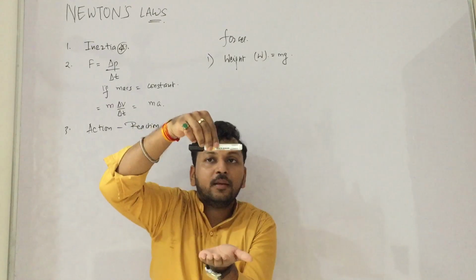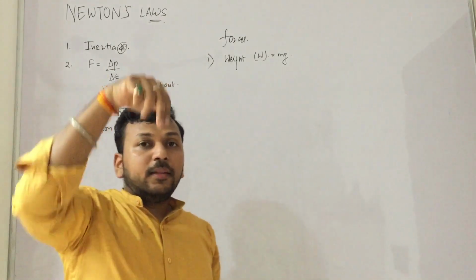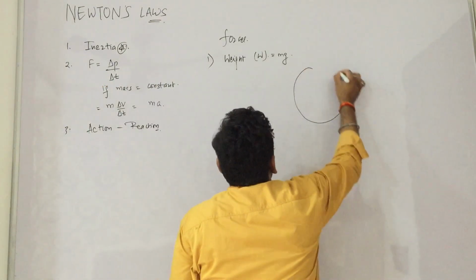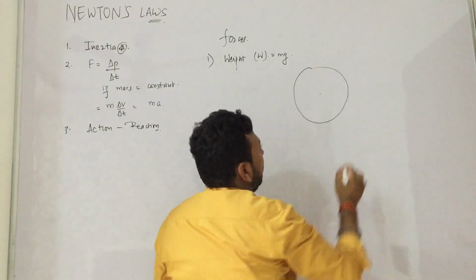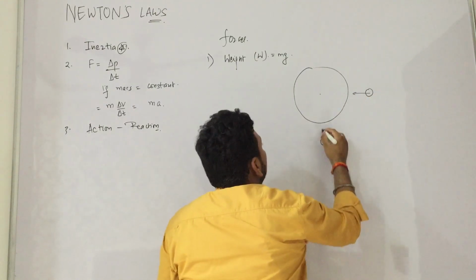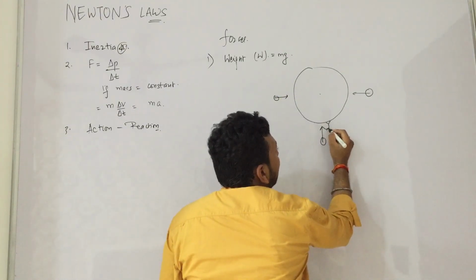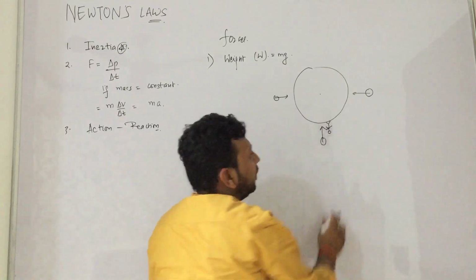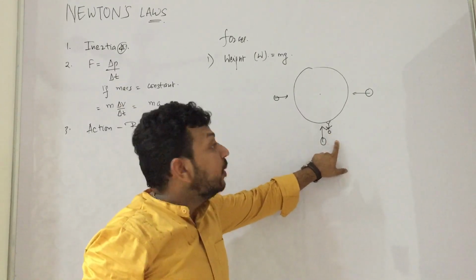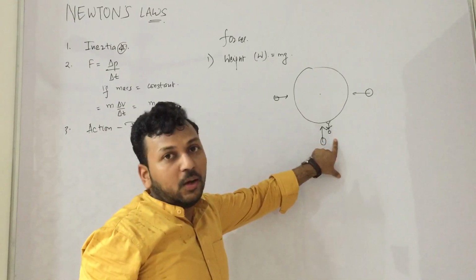If you hold a pen and drop it, it will come down because mg was acting on it in that downward direction. But if you consider the Earth scenario, an object here will be attracted this side, and an object here will be attracted this side. People were standing here in the opposite direction. Now a person here will say that the object is coming down because he himself is standing upside down.